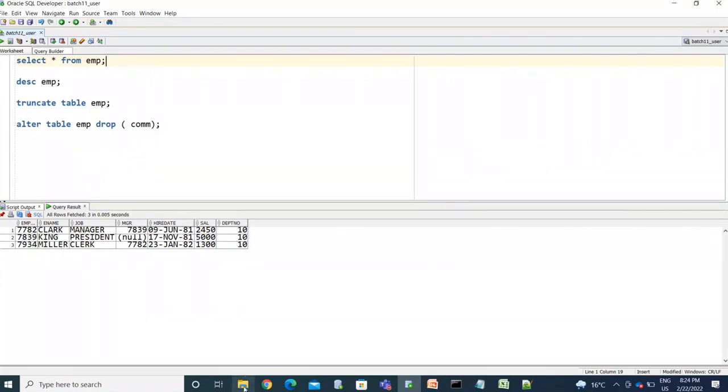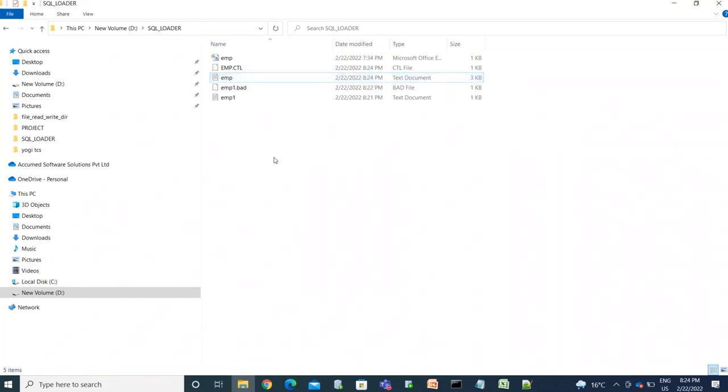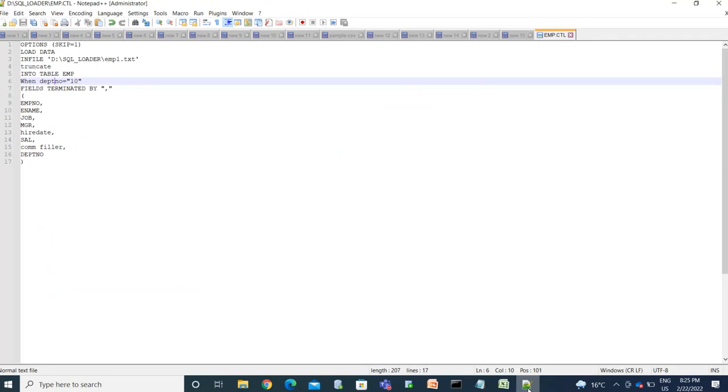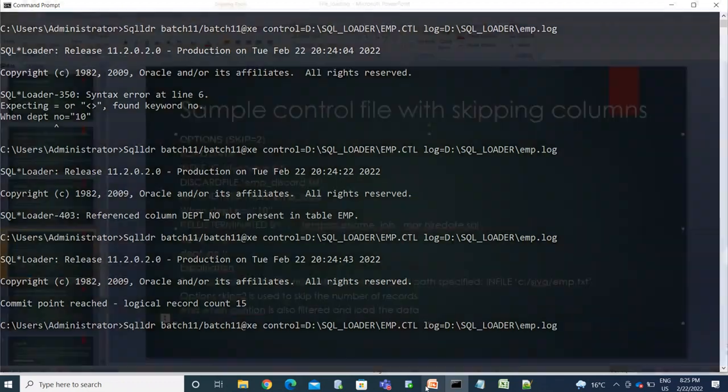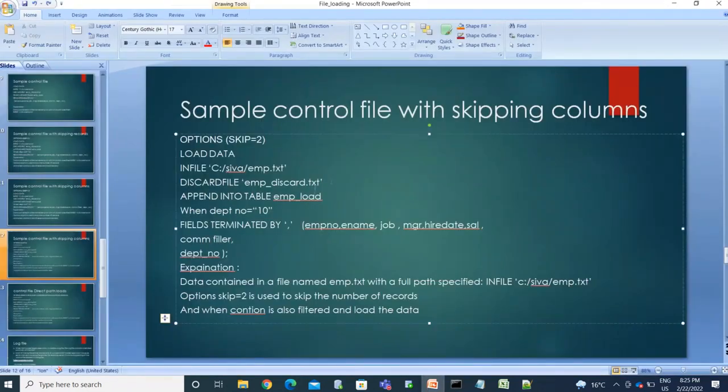Okay, till now we haven't seen that discard file, right? So where we mentioned the discard file, we haven't mentioned any discard file. Wait. So discard file equal to, mention this in